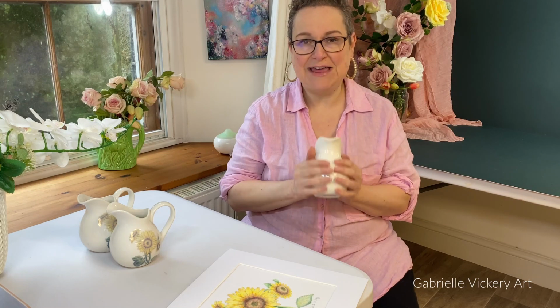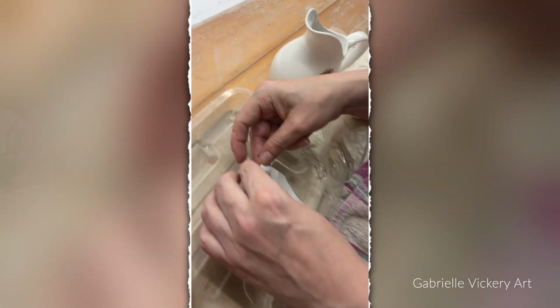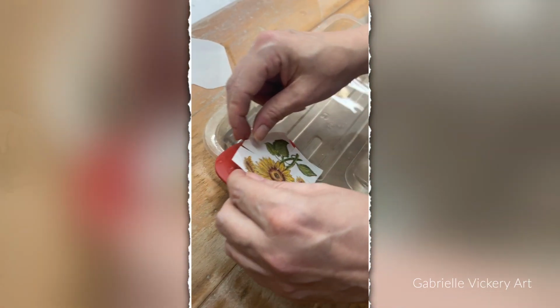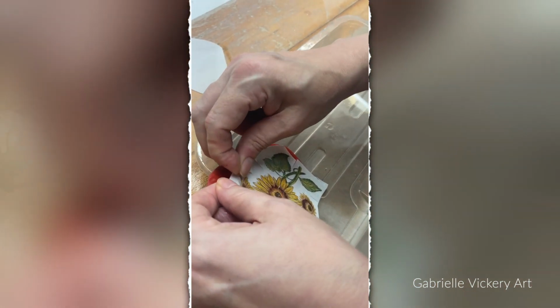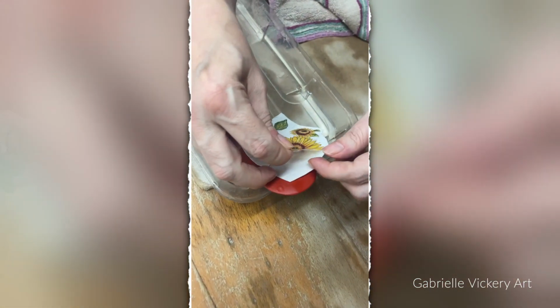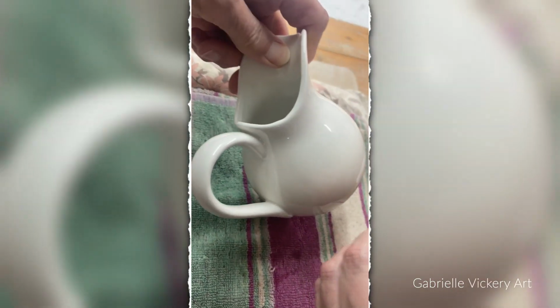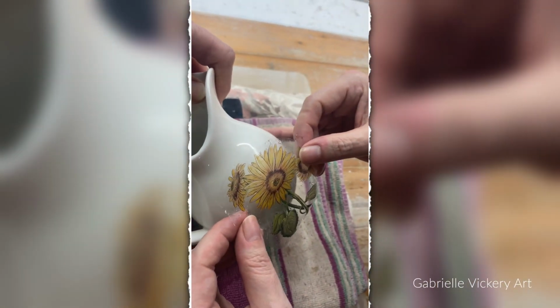So the process of getting the decal on the jug is fairly fiddly. You have to warm the jug up first so it's at the right temperature. You then have to get tepid water. You place the decal that you've cut out into the water, let it soften for a minute, and then it's a question of lifting it off from the backing paper, placing it onto the jug,